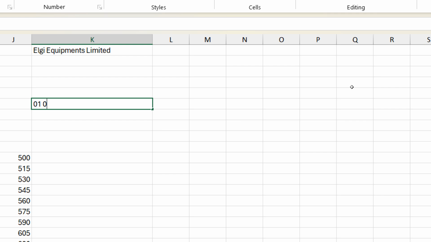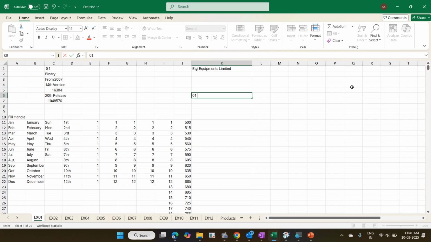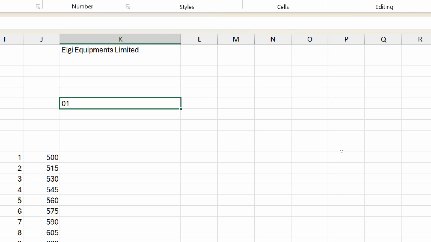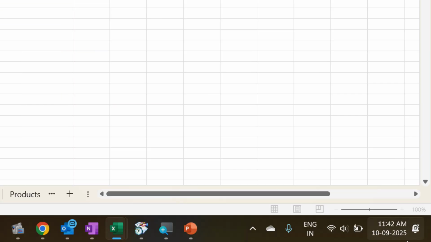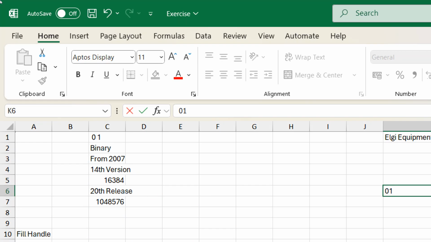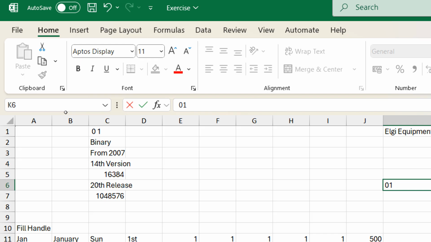And why am I giving a space after 01? The reason is my system's date has a hyphen as a separator. When I send it to someone else, they may have a slash, a dot, a comma or anything. If I give a space, it automatically takes my system format. When I send it to someone else whose system format is slash, it automatically takes a slash. Formatting is different, but when you enter it,